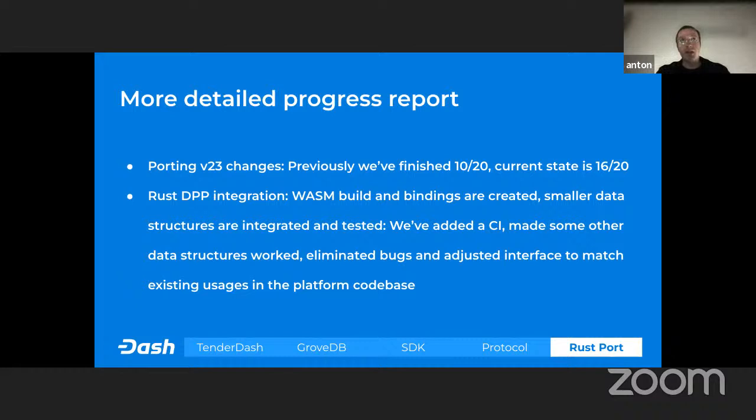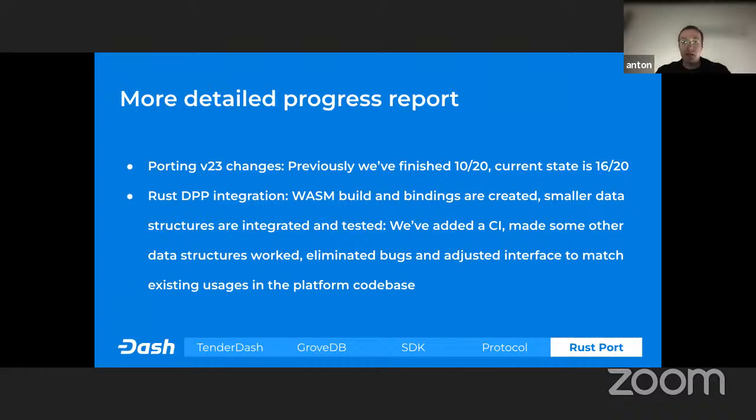Previously, we made a proof of concept that it generally works fine. And this sprint, we've stabilized the API. We've stabilized how we cross this FFI boundary. We've made all the CI scripts and build scripts for different platforms, eliminated some bugs that we found in the process, and also made some bindings for the data structures we hadn't made before. And that is what we are working on right now.